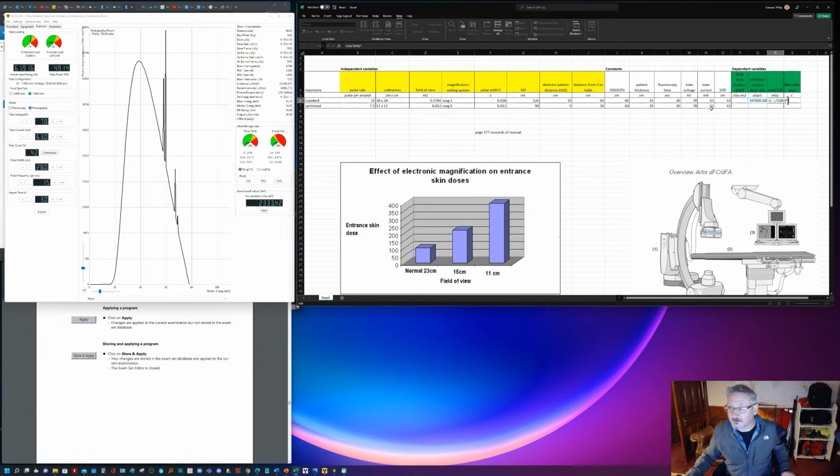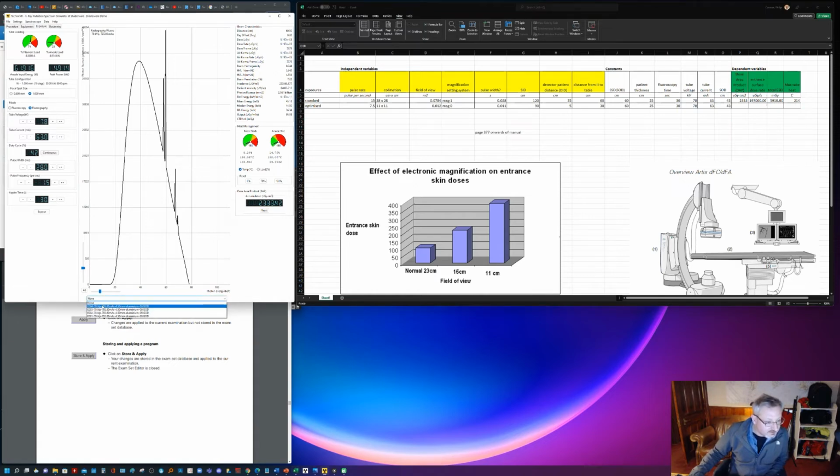Multiplied by 30. Okay, so that's our total dose for that one. And then the DAP is 2,333. Okay, so we've got our dependent variables for that condition. Okay, so now what we need to do, let's save that as